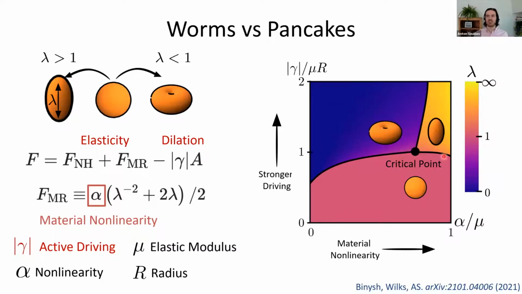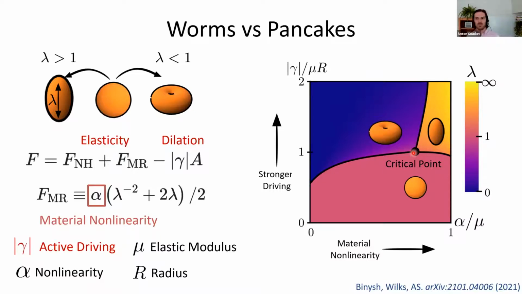These three shapes are separated by snap-through, or discontinuous, transitions that all meet at a critical point. And in fact, the presence of the critical point is what suggests that there's something universal in the shape of this phase diagram. But before I discuss that, let me first compare this theory, which includes a lot of assumptions, with some simple